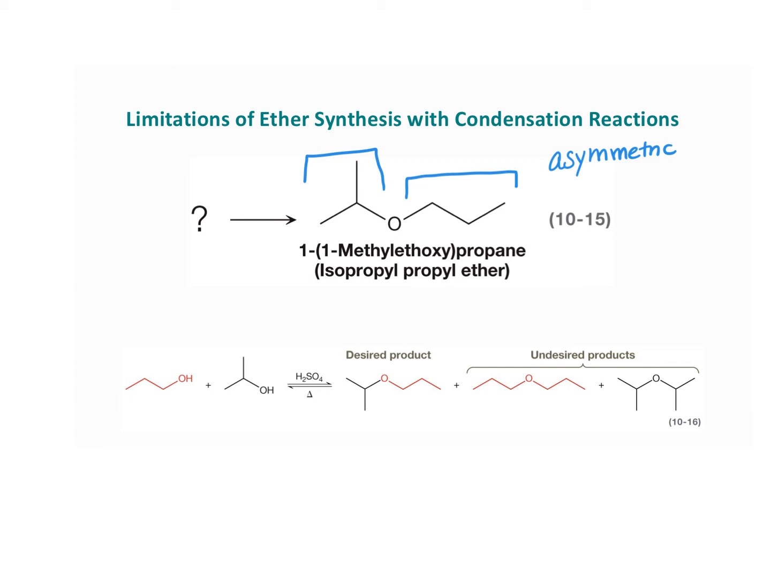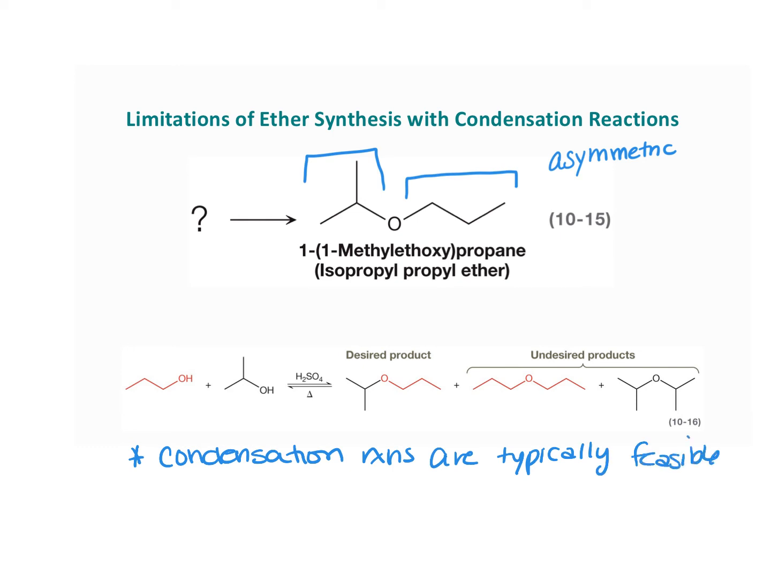So condensation just isn't a really great method to synthesize things that are asymmetric. So we can use a broad sweeping generalization: condensation reactions are typically feasible for synthesizing symmetric ethers, but unfeasible